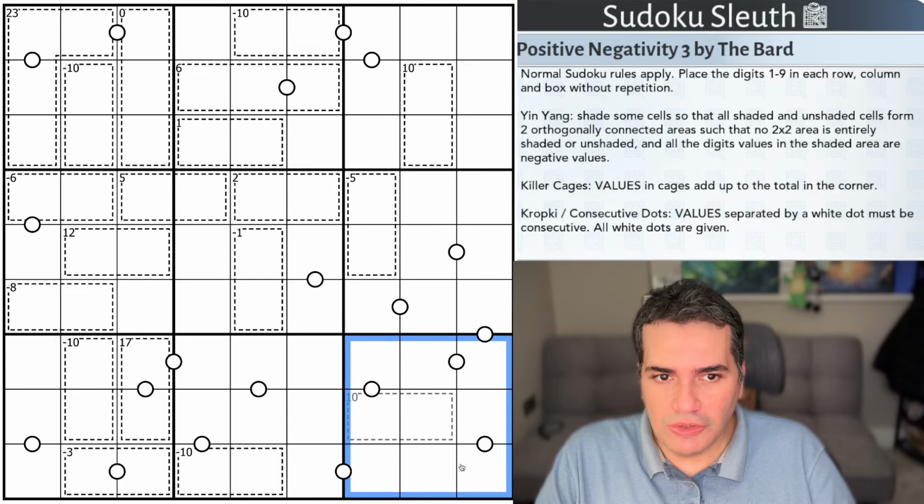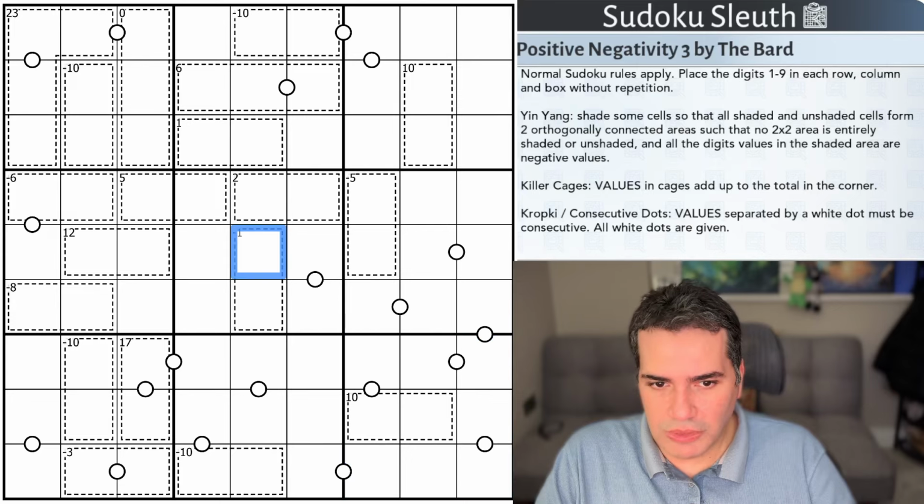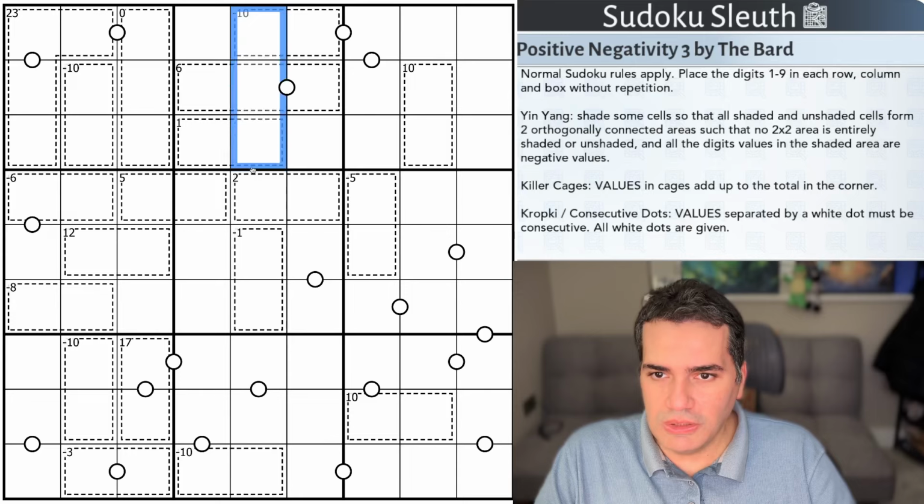We need to shade some cells so that all the shaded and unshaded cells form two orthogonally connected areas such that no 2 by 2 area is entirely shaded or unshaded, and all the digits values in the shaded area are negative values. So a lot of words there. Let me explain. Essentially, I'm going to pick blue and red because you'll kind of get the concept why in a second. But we need to basically be able to somehow